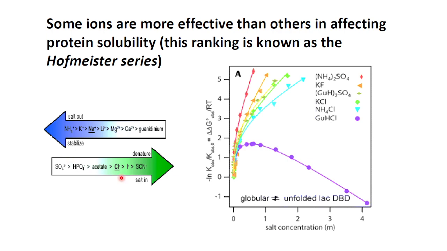However, from the anion perspective, as you move from the sulfate towards the thiocyanate, your protein is undergoing the salting in effect, but at the same time, it denatures your protein. So because of the denaturation, your protein solubilizes, but you cannot say that it stabilizes. When it denatures, it solubilizes, but it does not stabilize, whereas the salting out effect actually stabilizes your protein, and